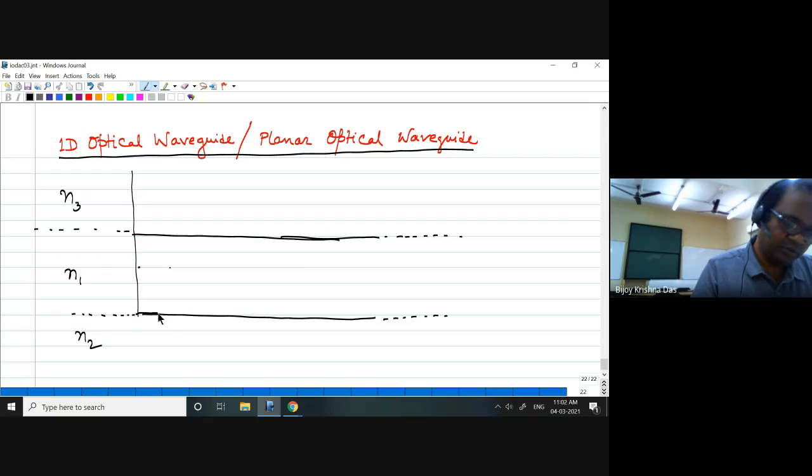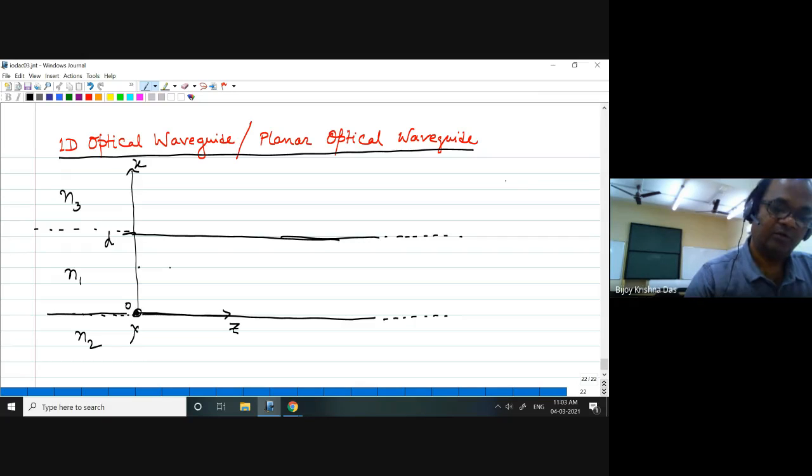I can define the axes. This is your Z axis, and this can be written as your X, and here you can write the outward direction, because you have to say X, Y, Z. So the outward direction, I just put a dot here, that is actually the Y axis. Okay, and along the X direction, we just put 0 here, and this length you can consider D, the thickness of this material.